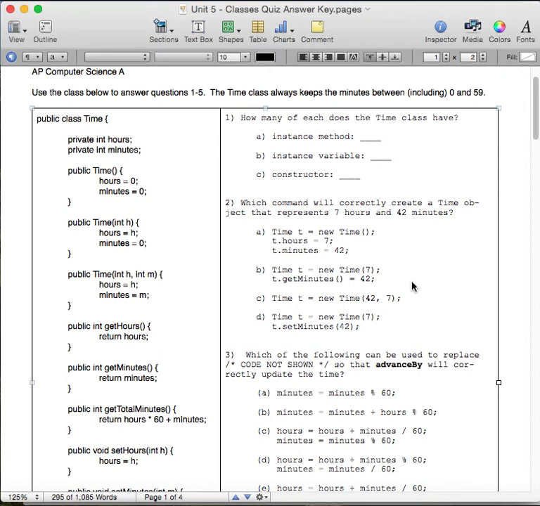Hi, I thought I would change things up and do an explanation of the answers for the last quiz on classes by video. So the first 5 questions deal with this time class here. And the first question is, how many instance methods, how many instance variables, and how many constructors does this class